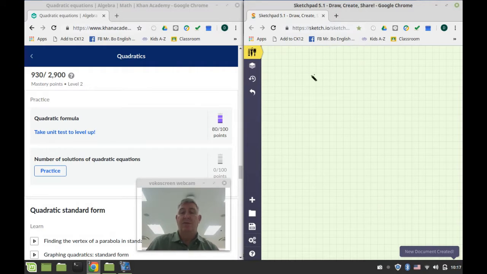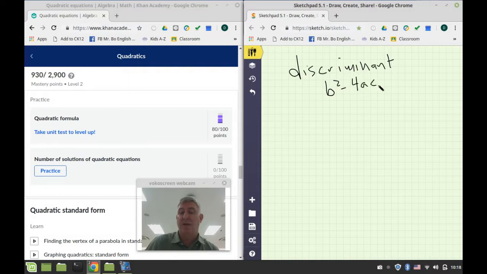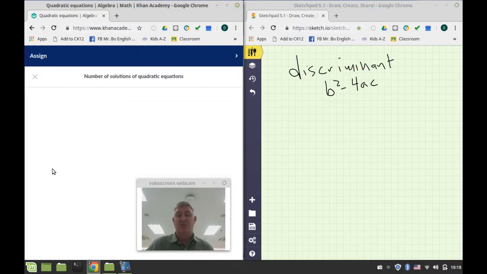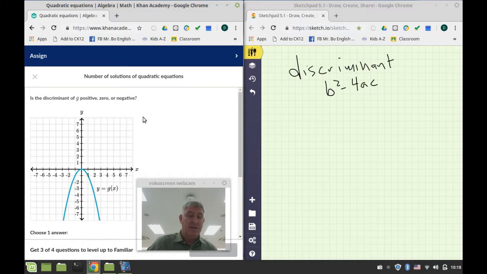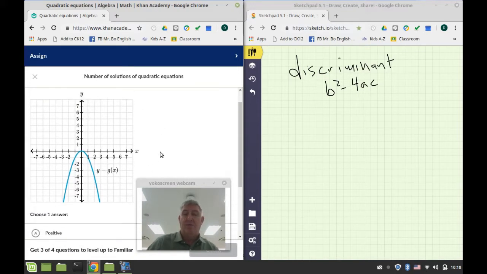So, today we're going to focus on the discriminant, and the discriminant is this b squared minus 4ac part. So, let's get started. All right, so we have to look here and remember